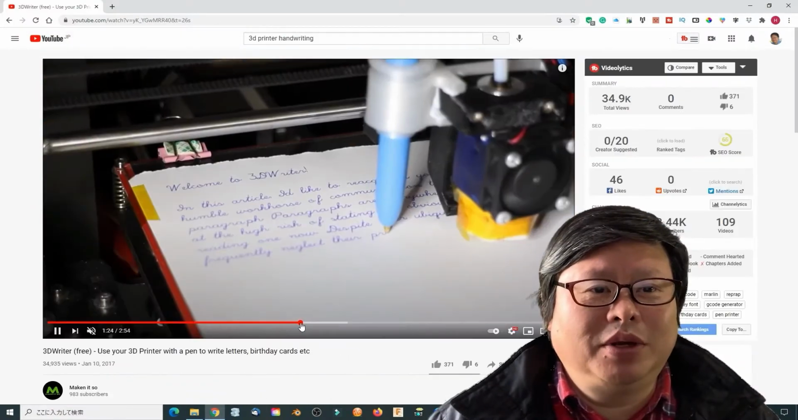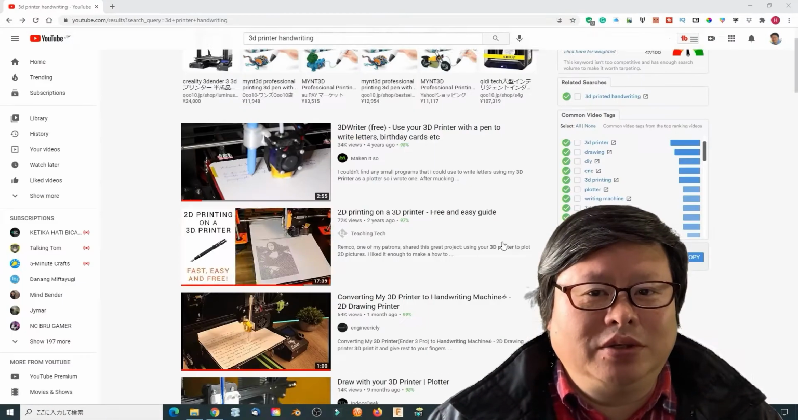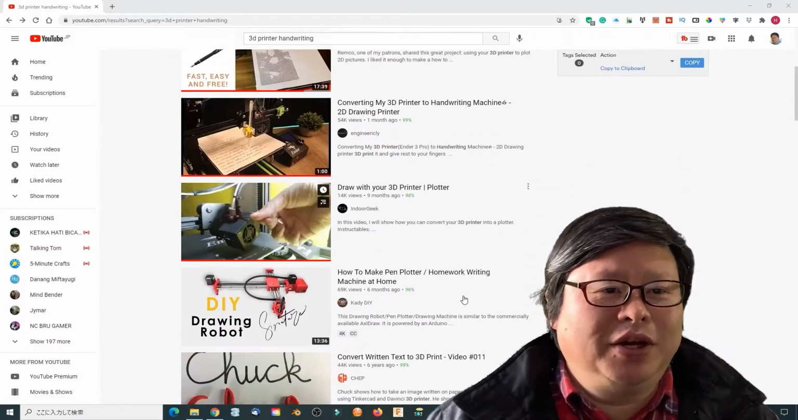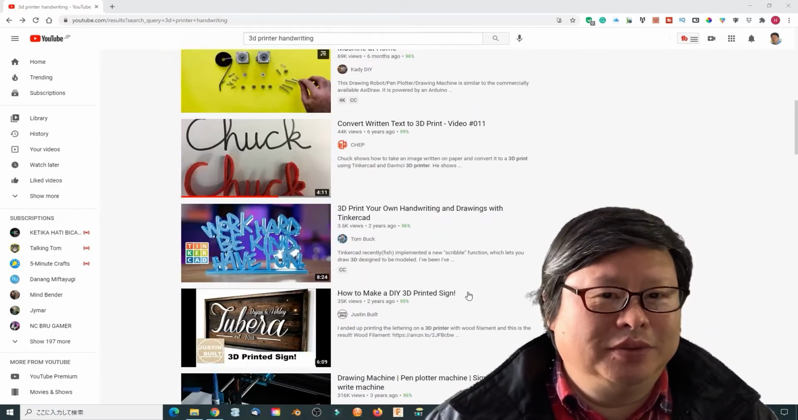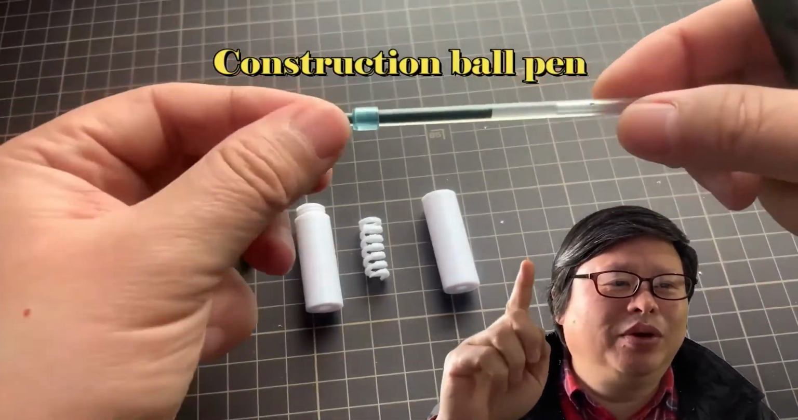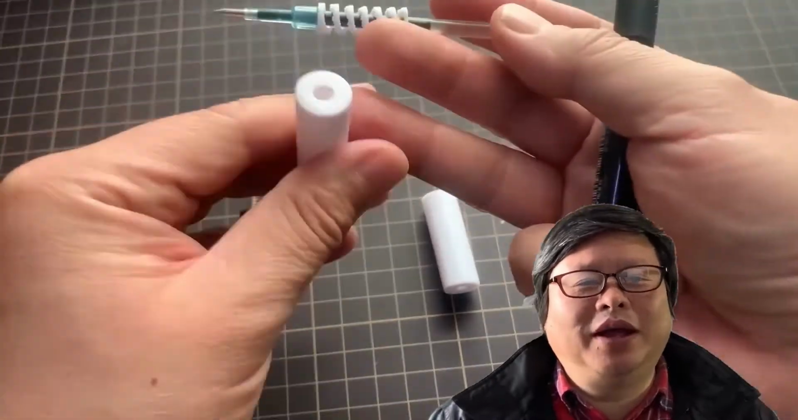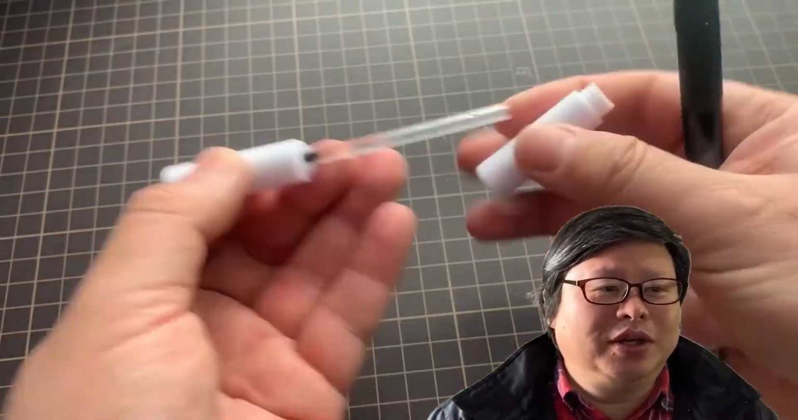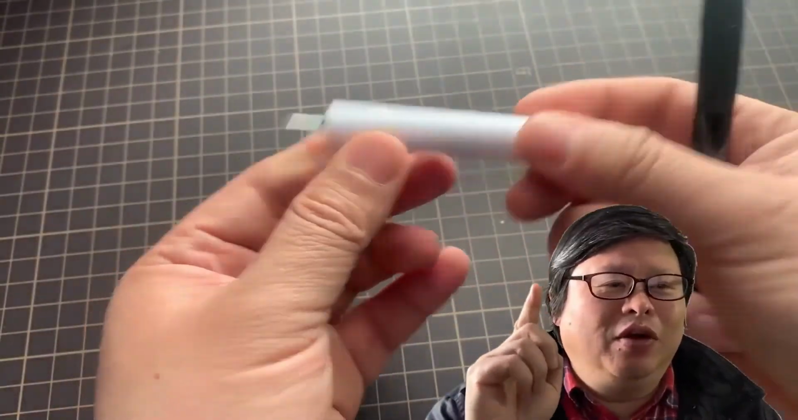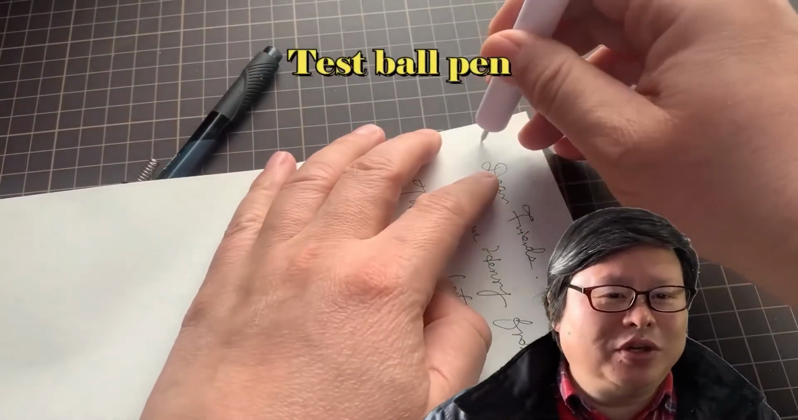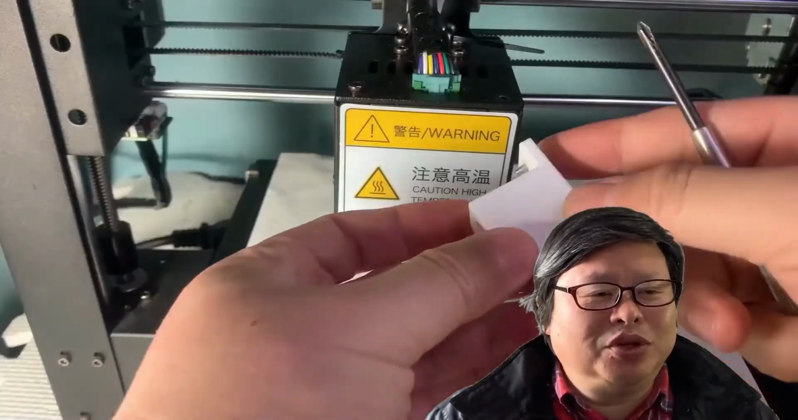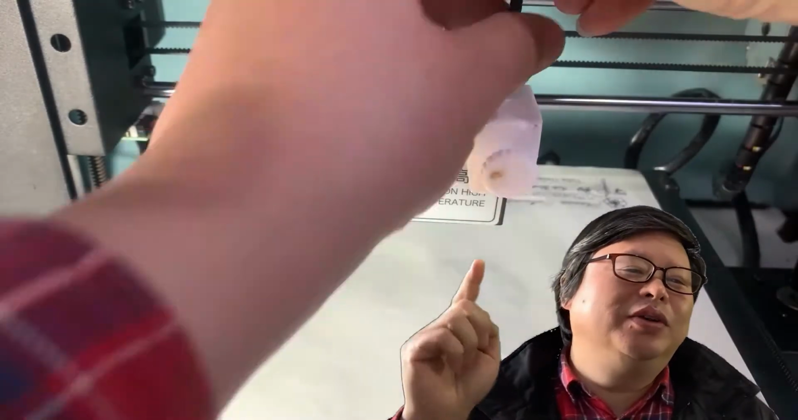I'm Harry. Changing a 3D printer to a handwriting machine or 2D plotter is not a new topic. There are a lot of videos explaining how to do it. I also uploaded a video explaining how to make it without additional cost in a very easy way. If you only want to add the handwriting function with limited font options, then you don't need to watch